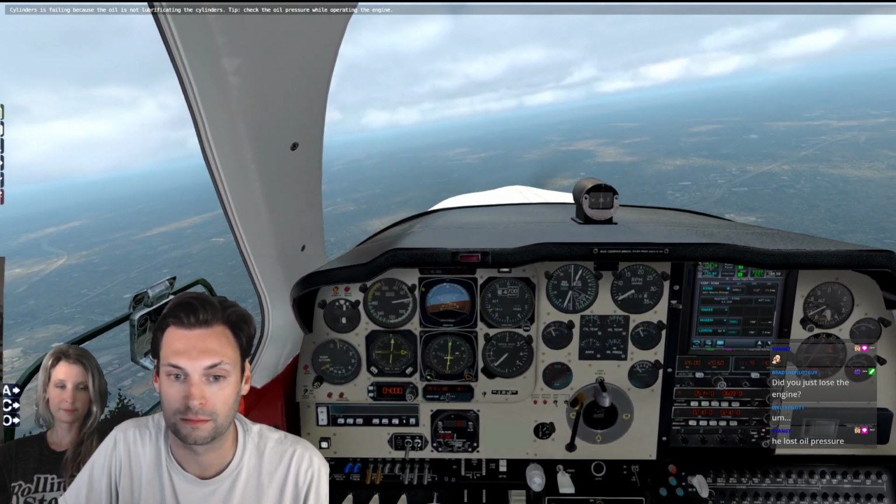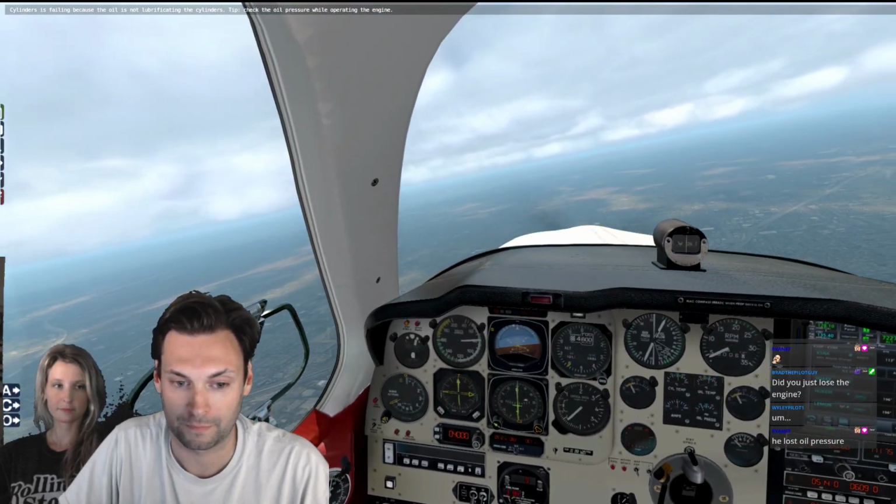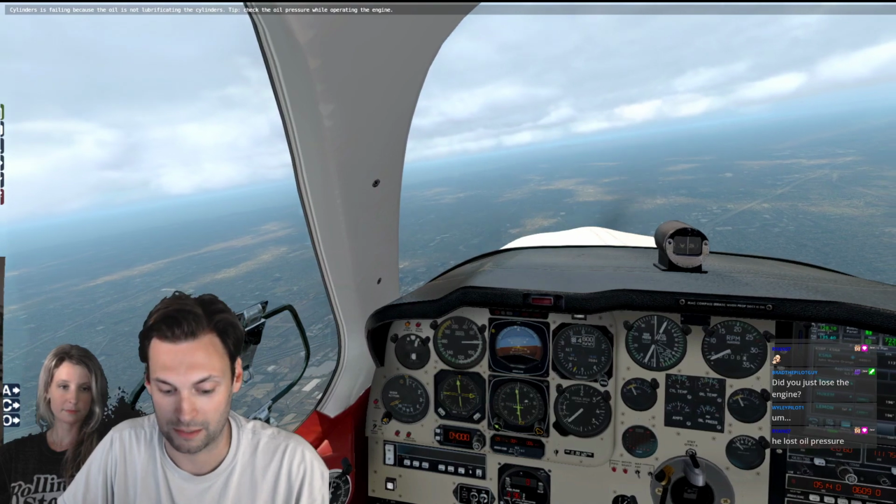7 Tango Sierra, turn left heading 160, vector John Wayne Airport, descend and maintain 3,000. 160, 3,000, 7 Tango Sierra. Best glide in this plane is like...